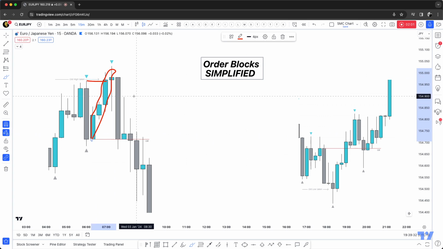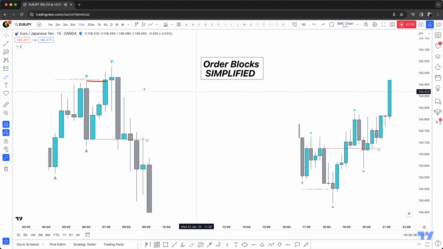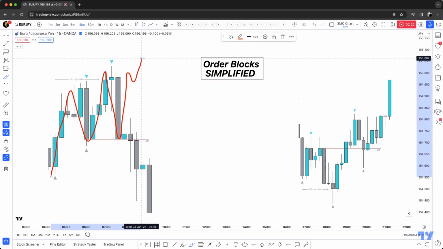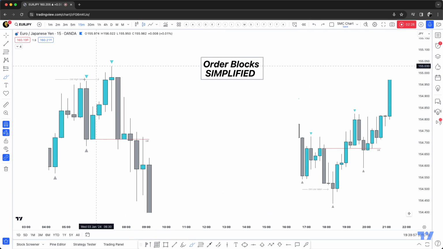Okay. Now, what's the idea with this? Well, remember that the ICT concept normally looks for liquidity sweeps. So if you find this formation anywhere on the chart, it's not going to work like that. If you find an order block this way, just anywhere on the chart, it's just not going to be that effective. In order for this to play out really well and to be effective,